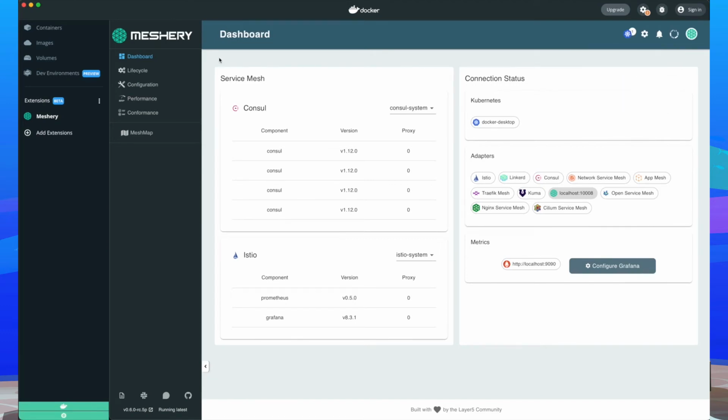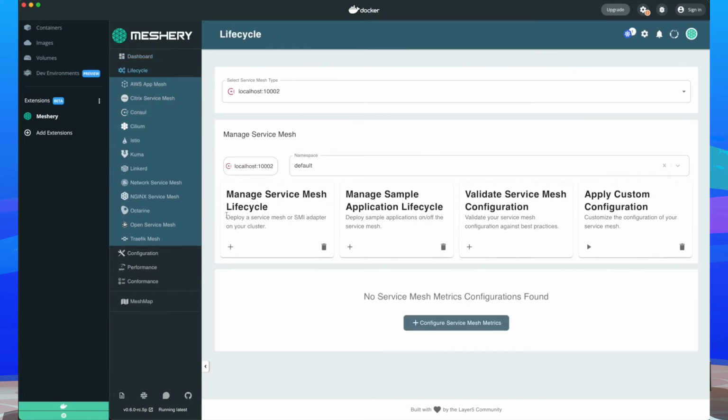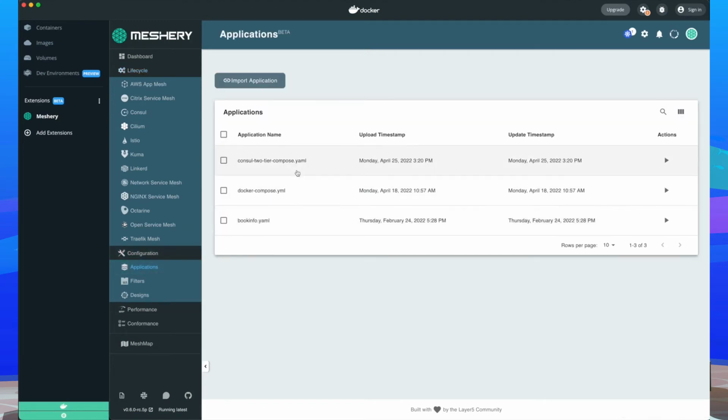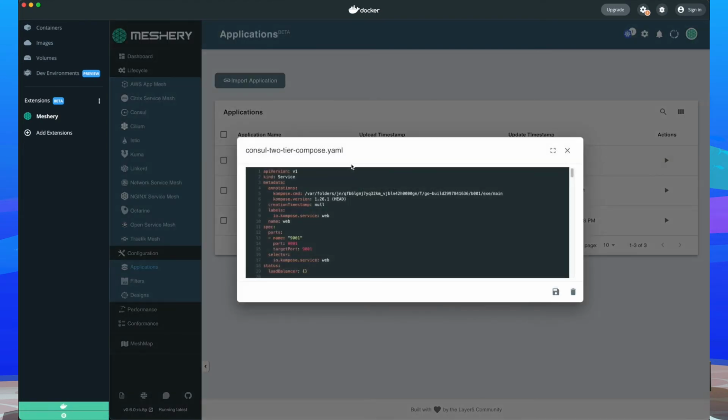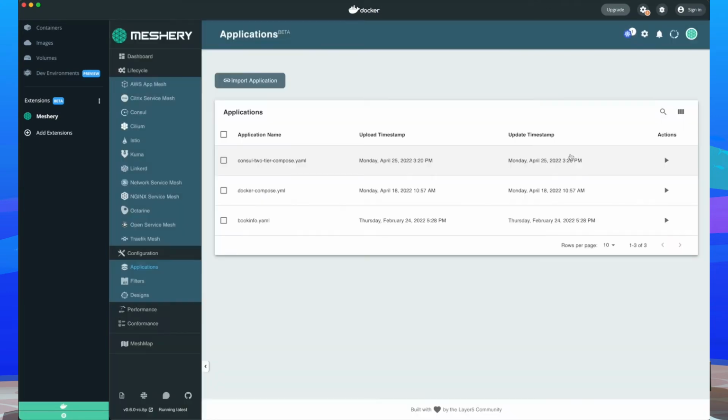Meshery is a multi-Kubernetes cluster manager. We can go over and from here further configure Consul, but actually what's more interesting is taking a look at the application that we've just imported, our two-tier Compose app, and confirming that in fact it's been imported as a Meshery app. Our API and website, web tier, have been imported.